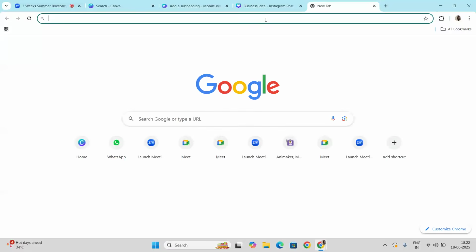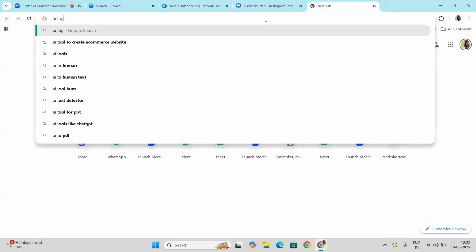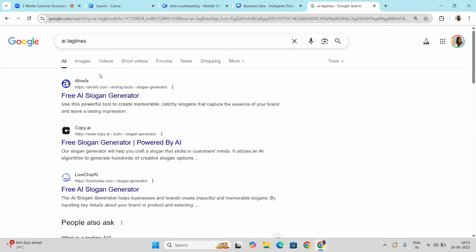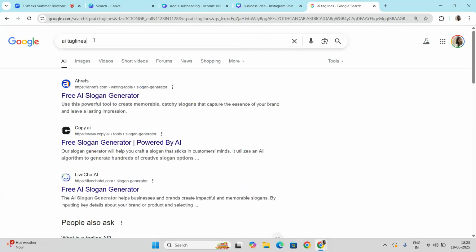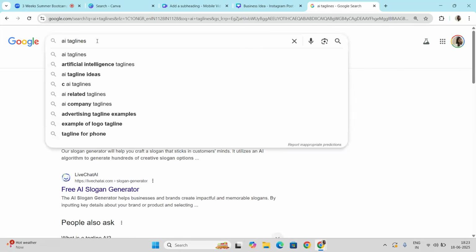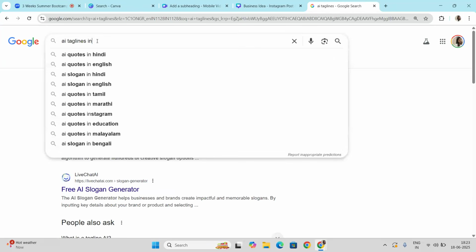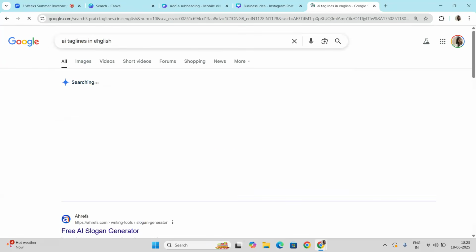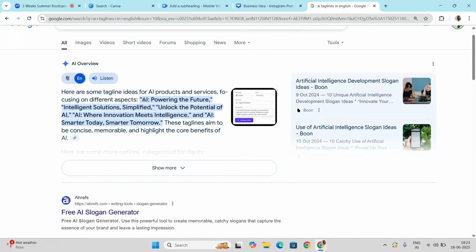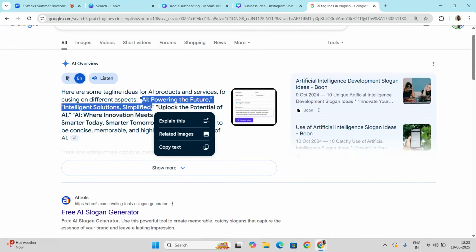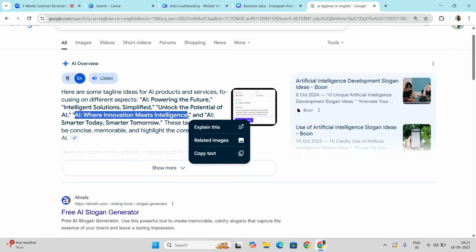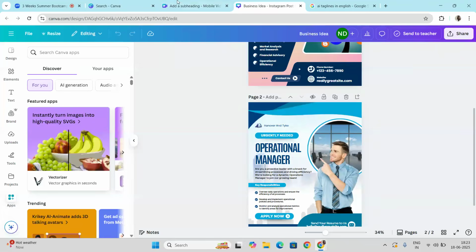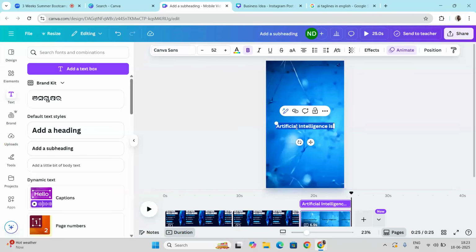We can take any line from Google. I've just taken some content from Google and pasted it right now. AI quest.